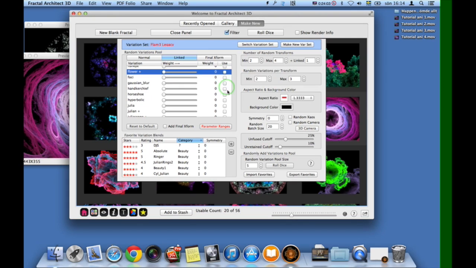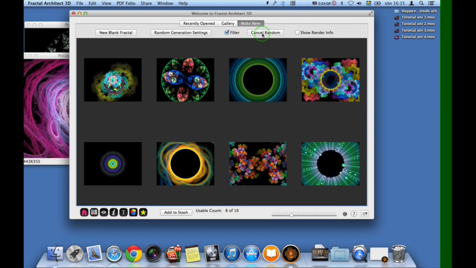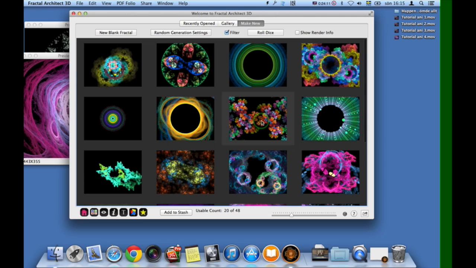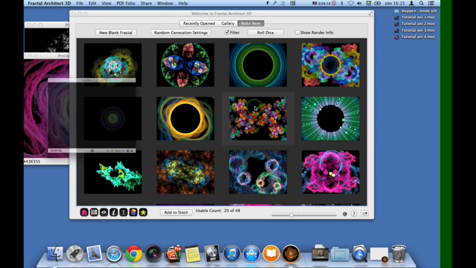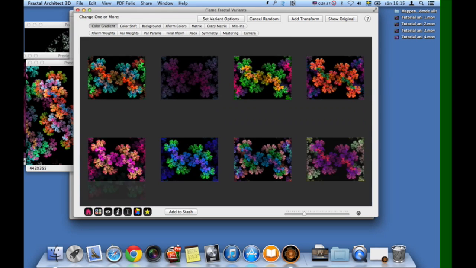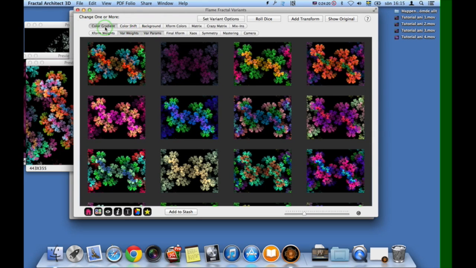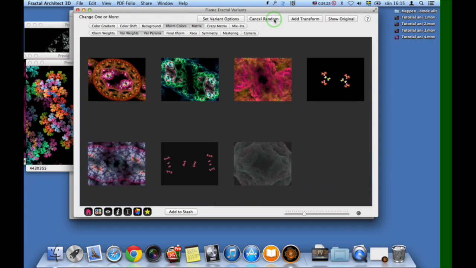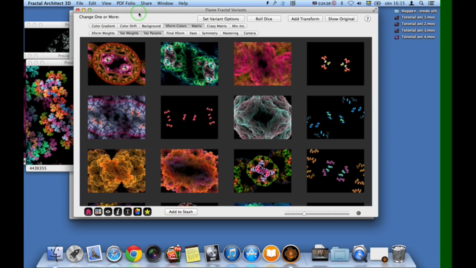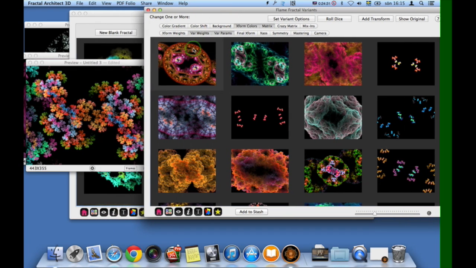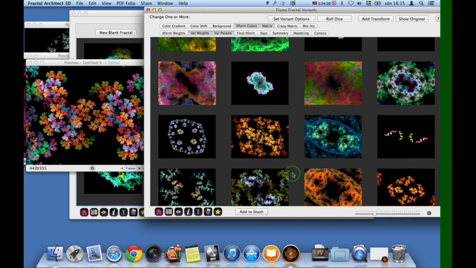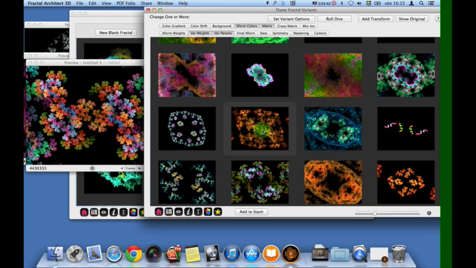Let's make something new, totally random. Don't know what we will get. And we can take that one, looks beautiful, and we open it, and we make some variations like this. Move the transforms and triangles a bit, and we can take that one like that, and make another roll of the dice. And this one looks interesting. We take that one,